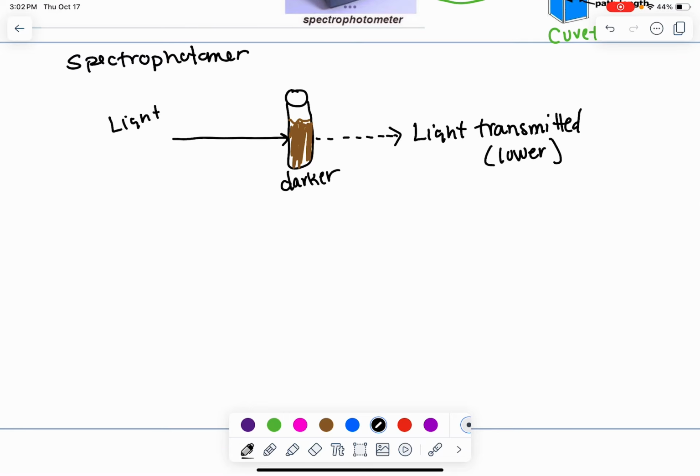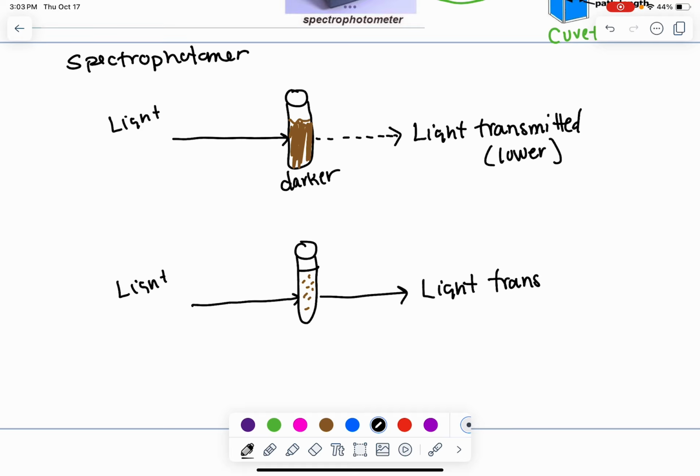If the opposite of that, if I have a lighter color brown, so let's just say it's kind of light brown, and we shine our light through it, you're going to have more light transmitted. You're going to have a higher, what we call transmittance,